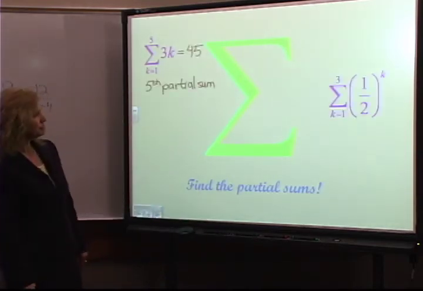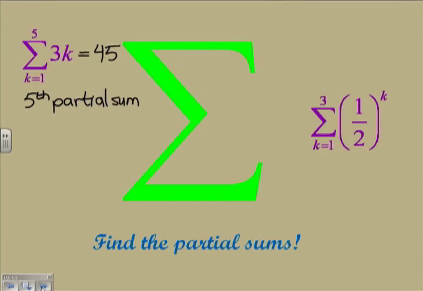Well, going on. I give you a different summation to look at here. The sum as k goes from 1 to 3 of 1/2 raised to the k. Well, how am I going to find that? I start with k being 1, so I have 1/2 to the first. Then I let k be 2, so I have 1/2 squared. Are you okay with that being 1/4? Then I let k be 3, and I get 1/2 to the third, which is